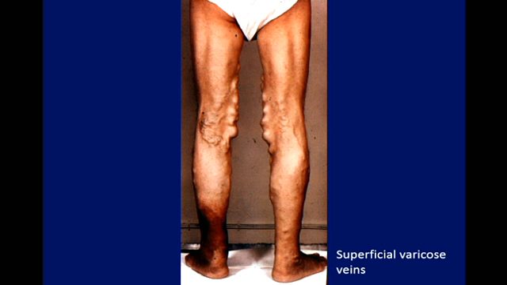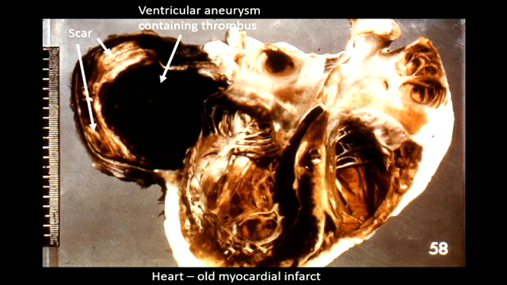Varicose veins, on the other hand, are superficial veins. They are clinically important, and you do get thrombosis, but you're less likely to have the complications associated with deep leg veins. There still can be problems. They can be knocked, they can be ulcerated, and you can get thrombus formed within those varicose veins as well, which are obviously superficial veins rather than deep veins. That was stasis, and this is stasis and turbulence.